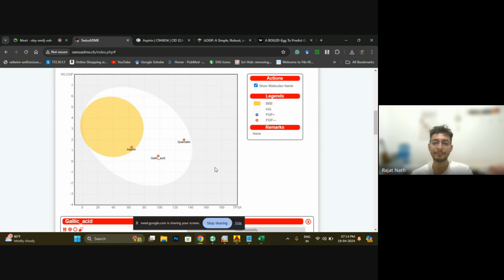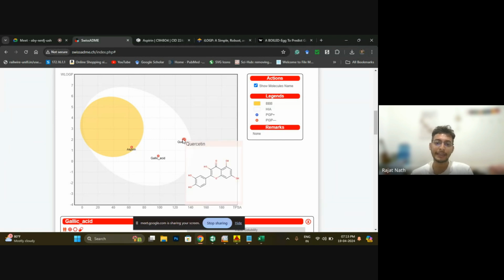if it is situated in that area, that means it is not good. It is not having good absorption in the gastrointestinal tract. That means the gastrointestinal absorbance of this compound is very low. In this case, our compound is showing good gastrointestinal absorption. That red color means this compound is PGP negative. That means if it enters the blood-brain barrier, it will not be effluxed out. So if quercetin enters the blood-brain barrier, it will not be effluxed out because it is PGP